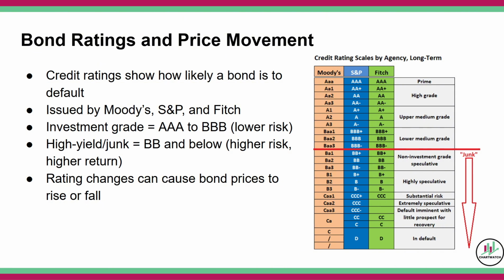The key is that when a bond rating is downgraded, its price usually falls because investors see it as a risk, and many large institutions are required to sell non-investment grade bonds. On the other hand, a rating upgrade can increase demand and cause prices to rise. So credit ratings don't just measure risk, they directly influence how bonds trade in the market. So this rating is not just, oh, I want to buy this because it's a higher rating. No, it also reflects on the value of the bond, which is what this lesson was about.